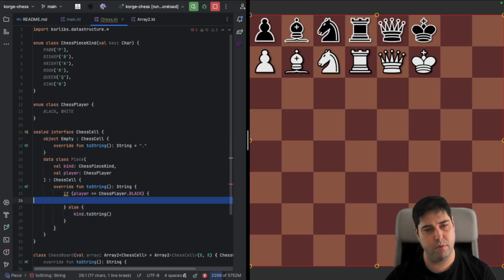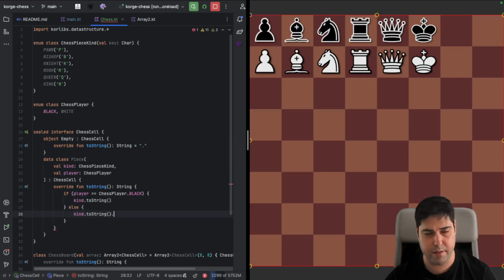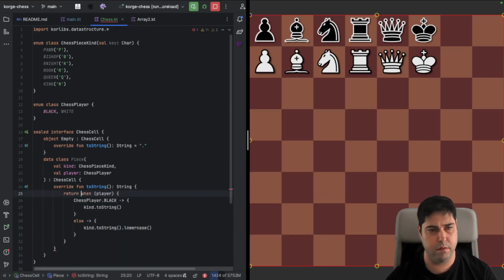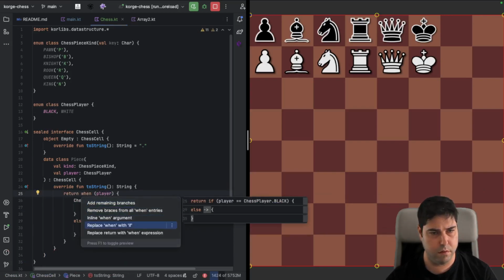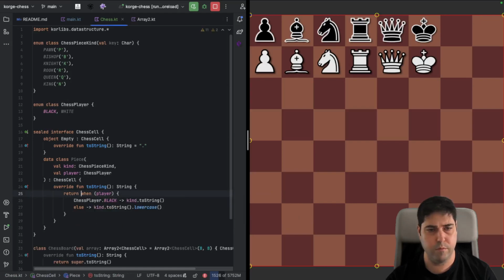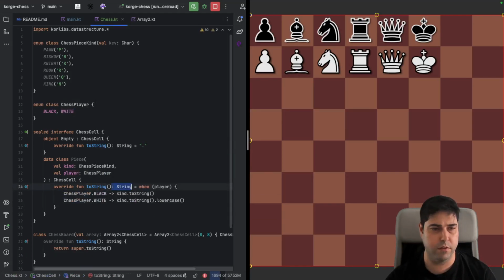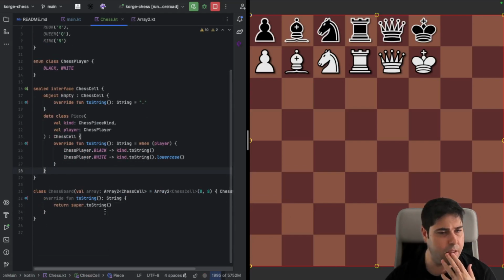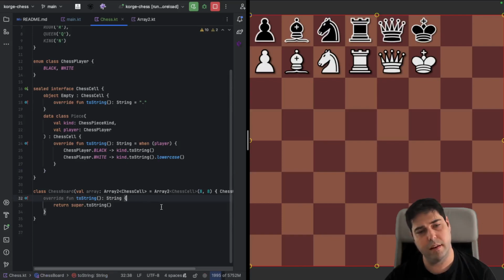So for example, let's say the blacks are going to be in uppercase and the whites are going to be lowercase. Something like this. Let's make it explicit. Since this is exhaustive, this should work. So something like this,